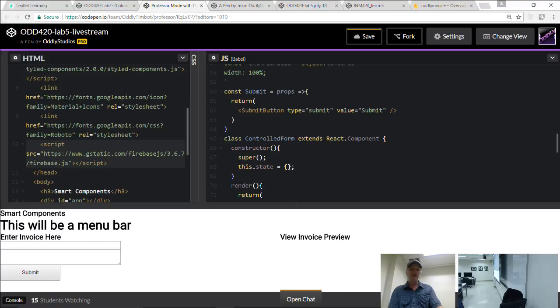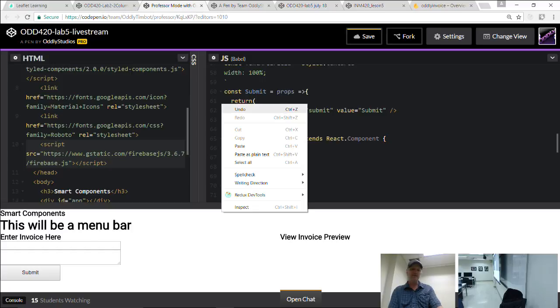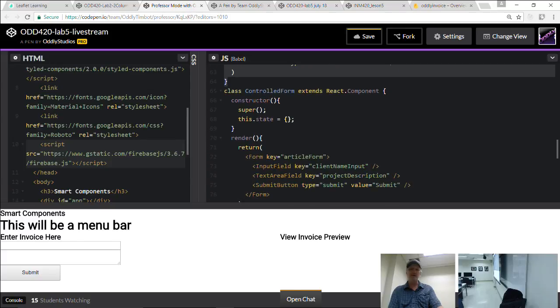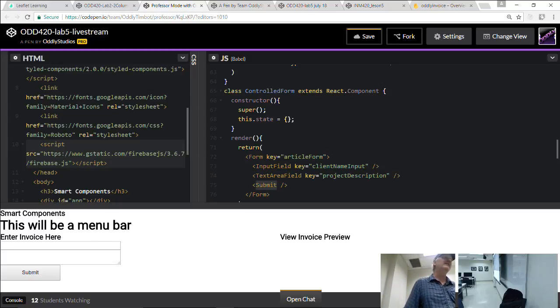Right? Now because I've made this one called submit, I can use him right here and I can get rid of all this stuff. You see what I mean? We've swapped it, right? So we've taken care of that situation where maybe we might forget to put in the type. Right?